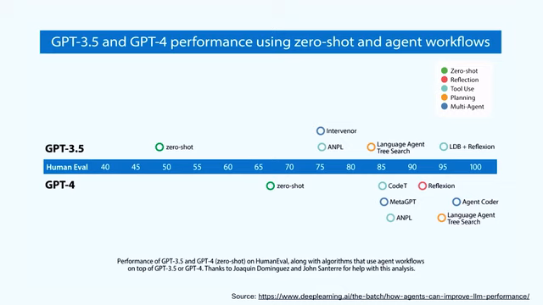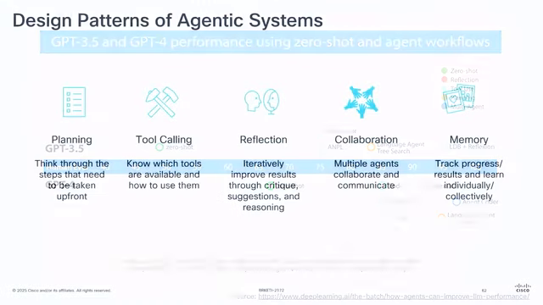So GPT 3.5, not a good model for coding. Typical accuracy, if you ask it a coding test, we all remember that back in the days when Copilot came out. Not really good. Accuracy, roughly 50%. If you use agentic behavior, researchers have shown that you can push this all the way up to 95%, even on a quote-unquote not so good model. So if we use agentic behavior, we can really improve how we operate in the system.